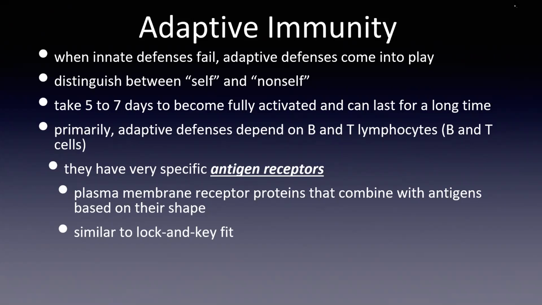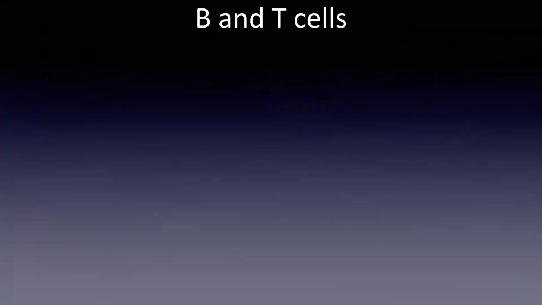Okay, so we've got two or three more slides left here. We're going to move more specifically into the B and T cells, as we've mentioned here in your notes. Something that you should be able to do is distinguish between B and T cells. So it's a classic compare and contrast. You're probably also wondering where they get their names from, and we'll do that as well here. So B cells